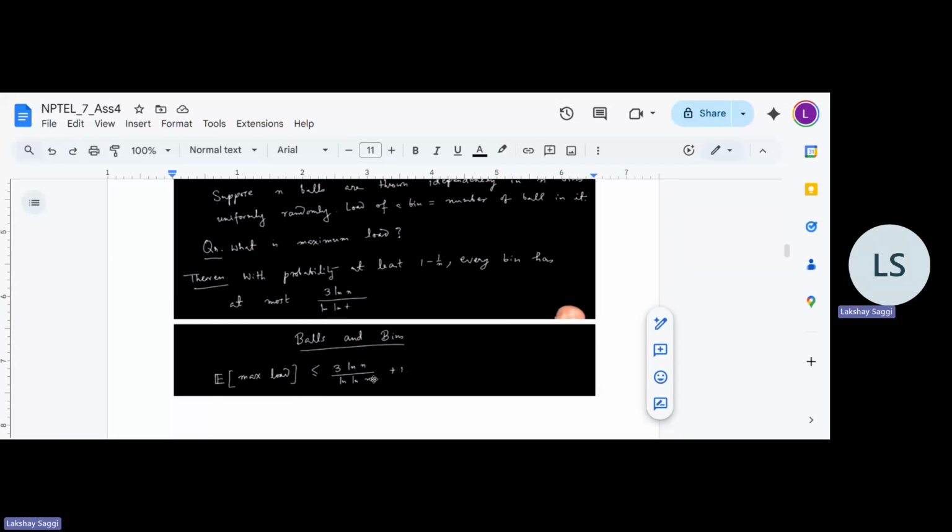So approximately this would be the maximum load if you toss these n balls uniformly randomly into bins. Because this is the expectation, and with very high probability, the load is almost this. So yeah, for the derivation of these results, of course, you can refer to the lecture at